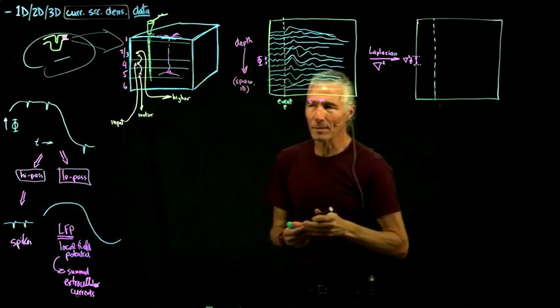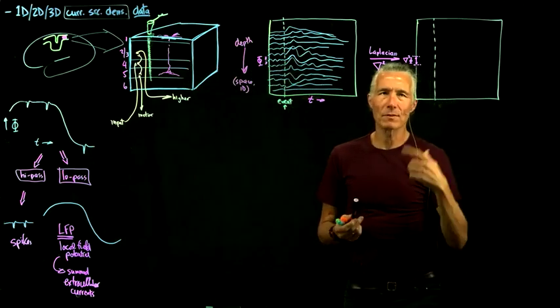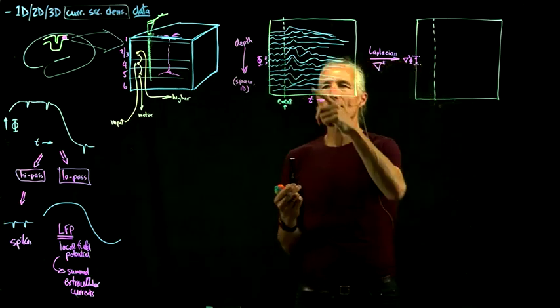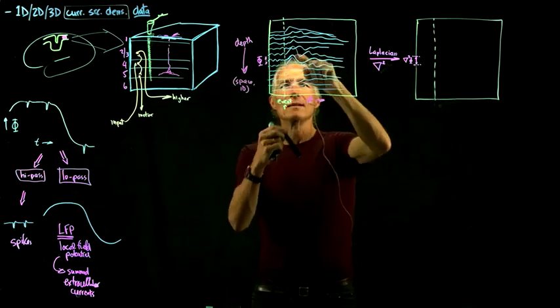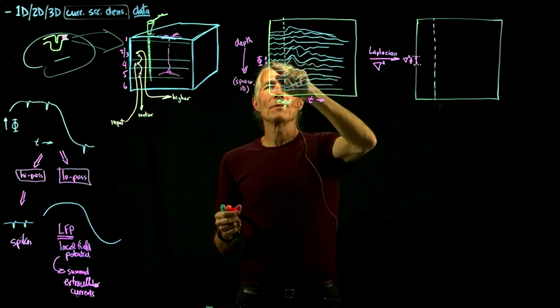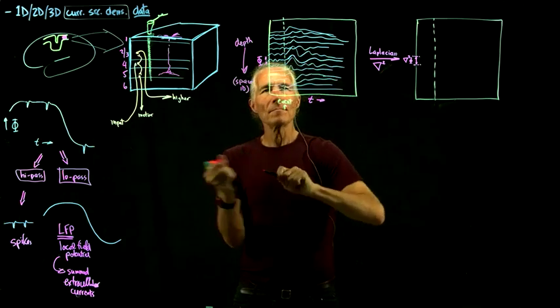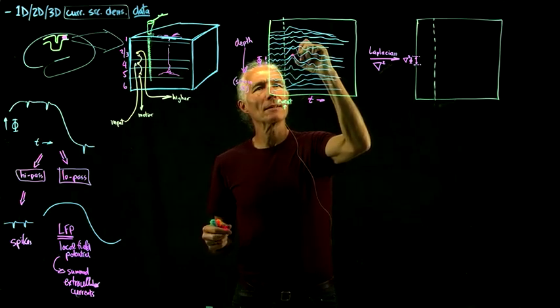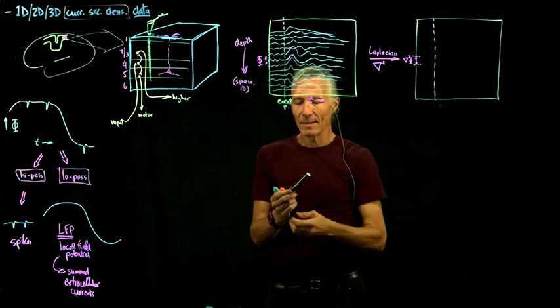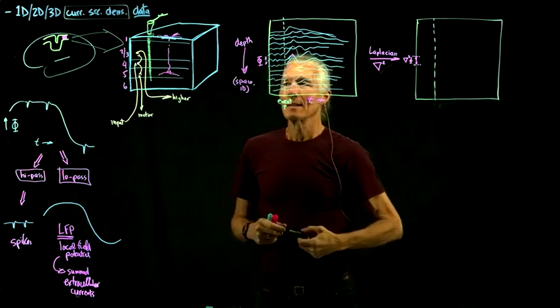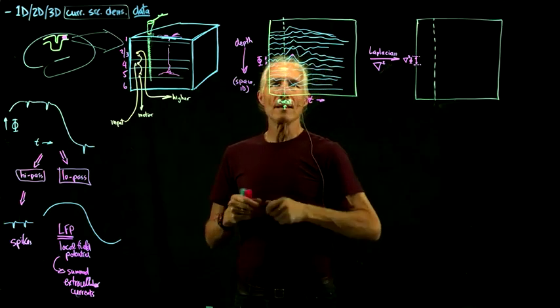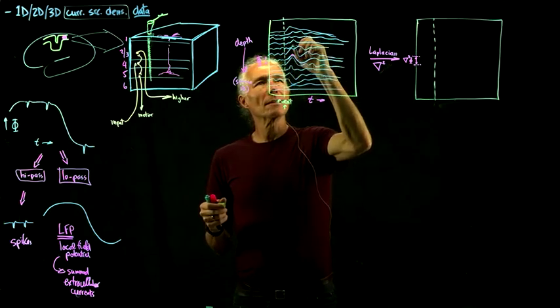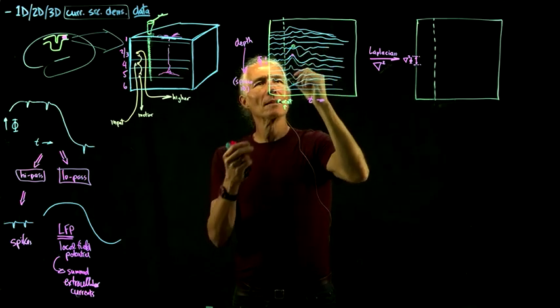So you just take the average of the neighbors and subtract it off of the current point. So let's just do it for a single point, like right here, for this guy. So here's the point that we're calculating the current source density for. And then what do we do? We take the average of the spatial neighbors, and so that would be this one,